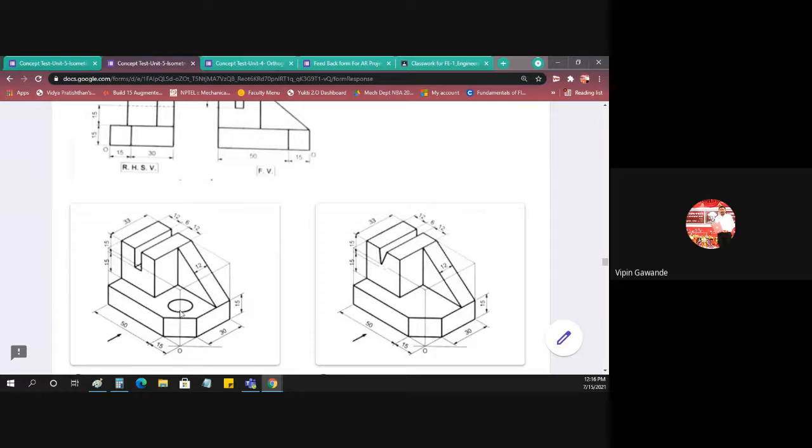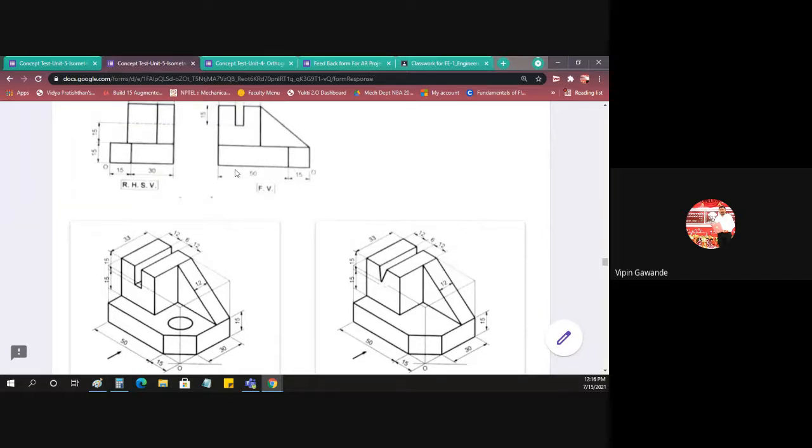But on the back side, we have the circular cutout, and because of the circular cutout, we must get two dotted lines here. But in our problem, dotted lines are not shown. So this is not the correct option. Though two rectangles are there, we don't have the circle. Because of the circular cutout, there must be dotted lines. But here there is no dotted line. So this is not the correct option.